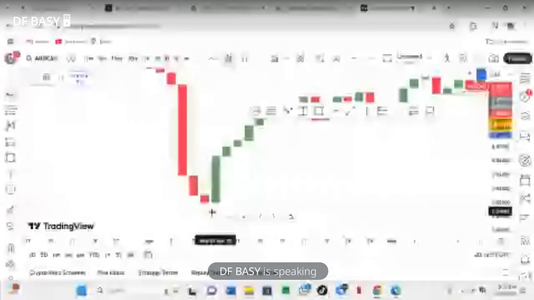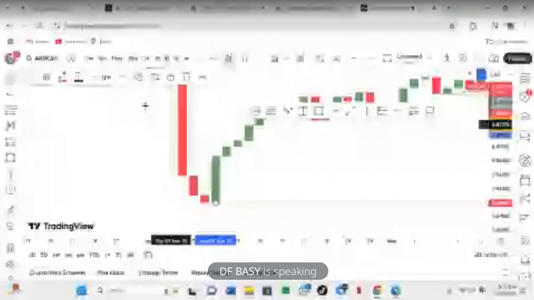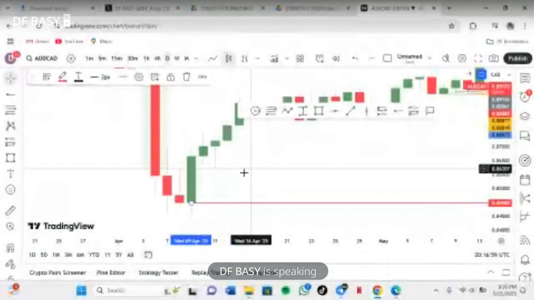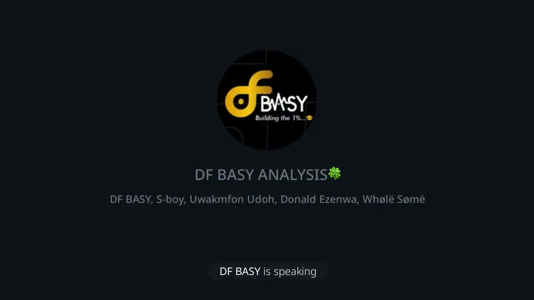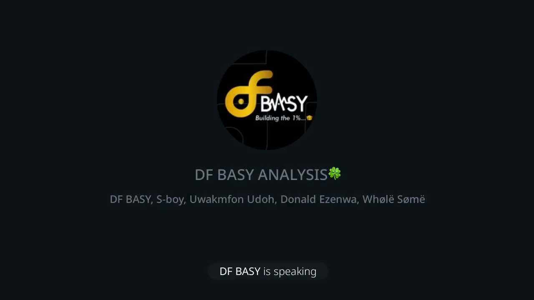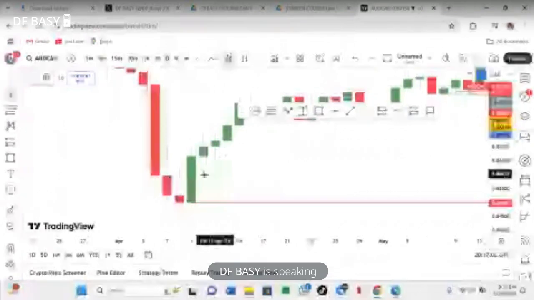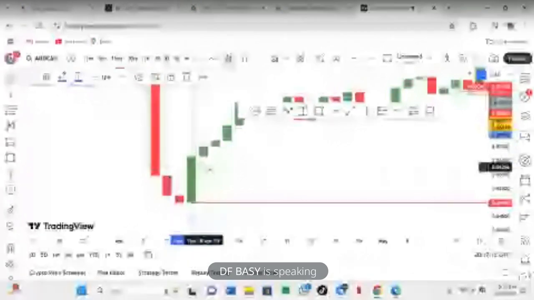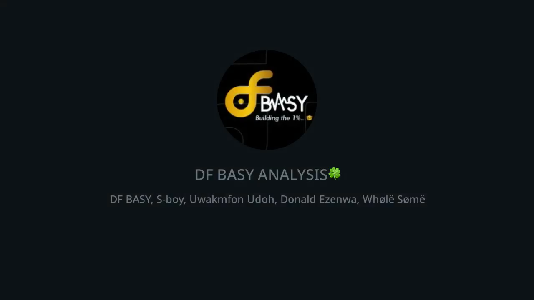The market opens at this price. And remember, mind you, this is a daily time frame, right? So all these candles represent one day. So this is what happens. These are the transactions